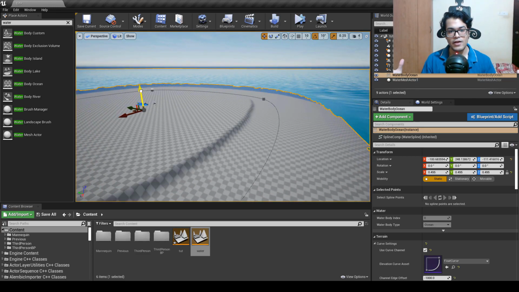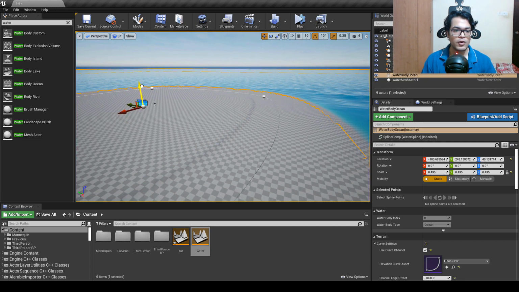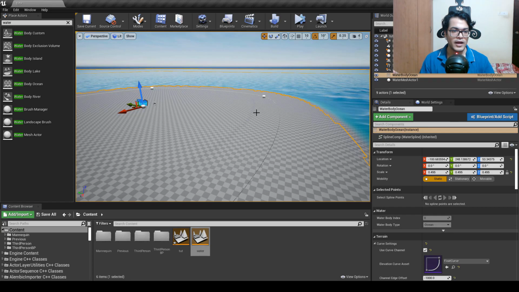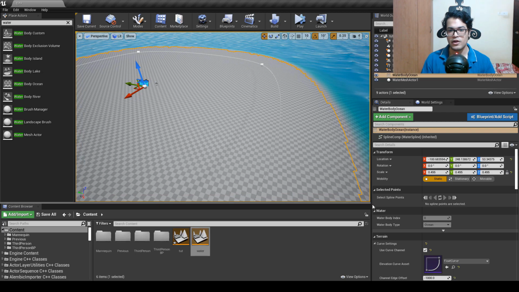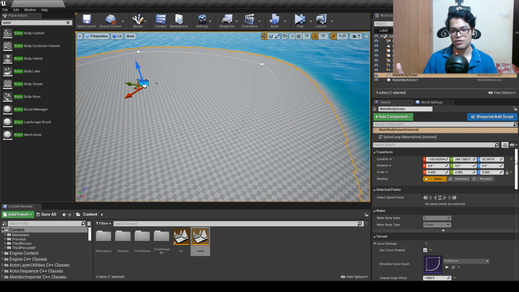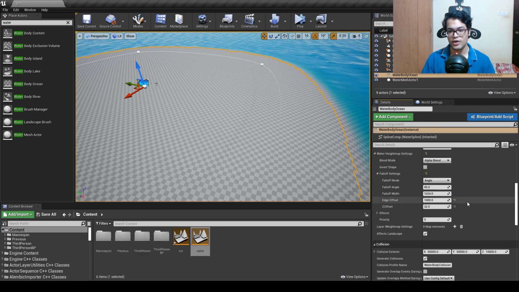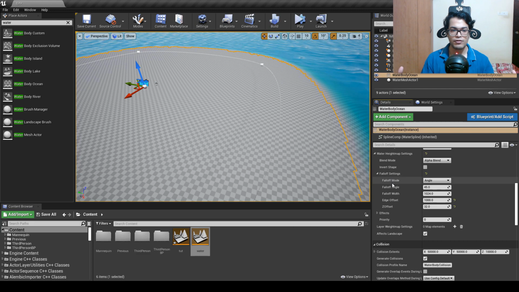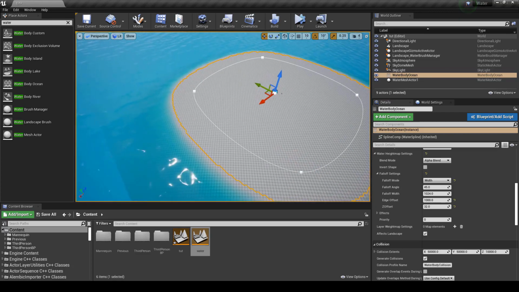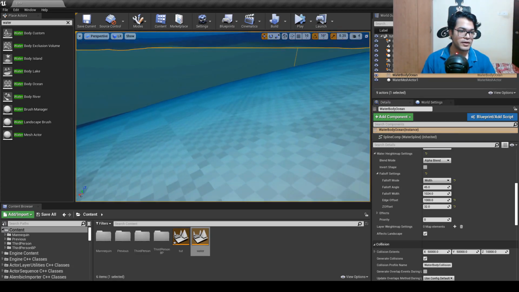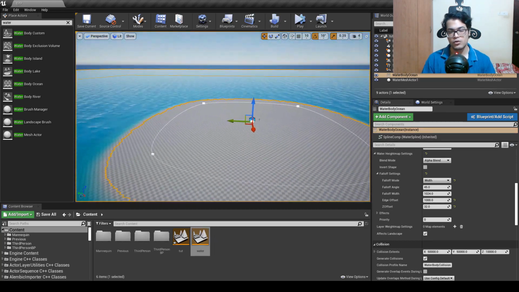Now you will notice that as I'm moving the ocean on the z-axis, we can see a hard edge, and you can manually line this up. Like if you choose to, you can actually line this up and make that seam go away. So the solution to that is select the water body ocean, and under the details panel, under the fall off settings, we need to change the fall off. So just change the fall off to width. And as you can see, that goes away, and you get a smooth transition from the water to the landscape. So the transition is quite smooth.